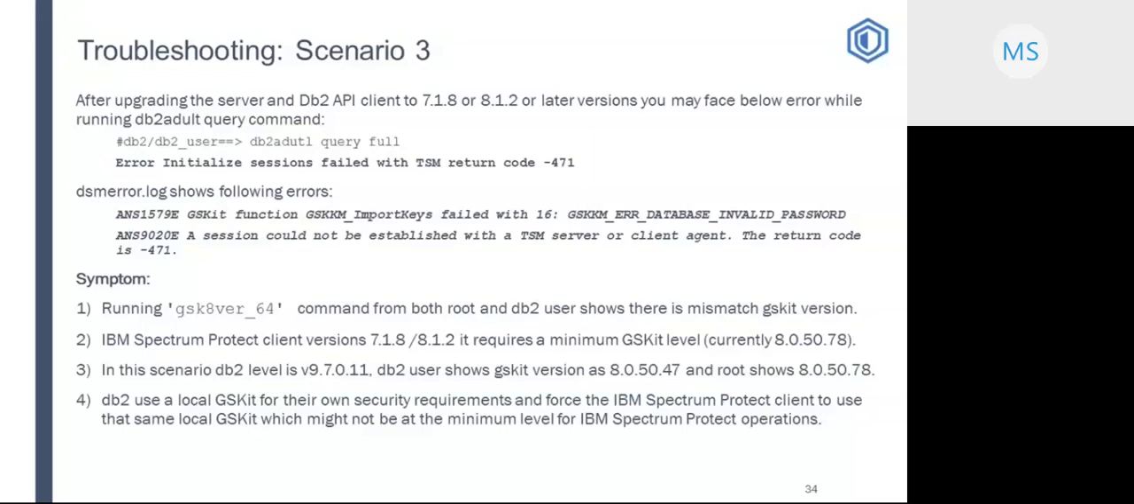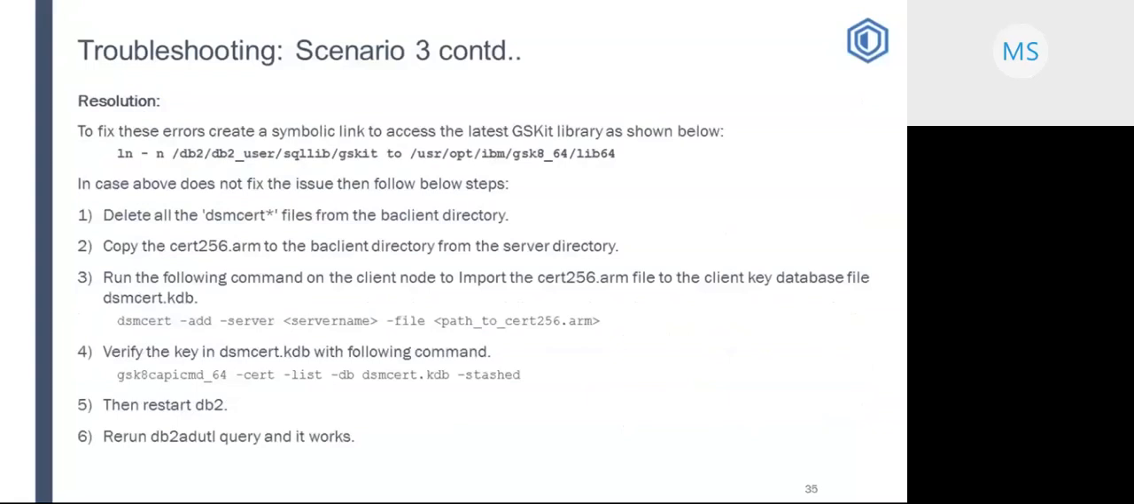Moving to the next slide. To fix this problem, you should create a symbolic link to access the latest GSKit version as shown below. In case the above does not fix the issue, then try to run the following commands. Delete all dsmcert files from the BA client directory, then copy